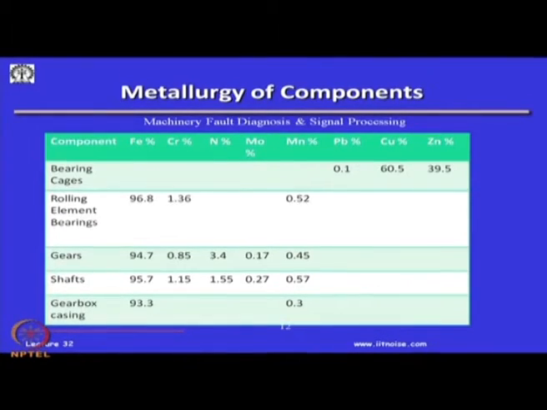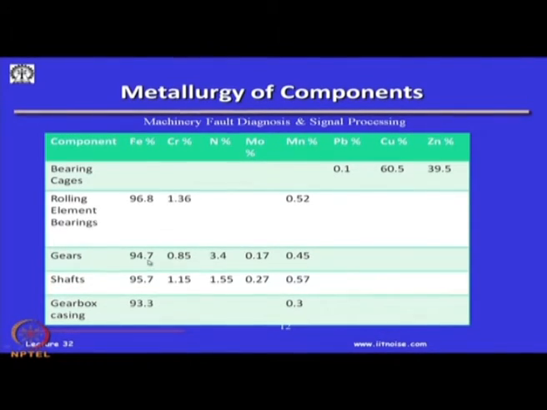So, you give me a piece of iron, it is not 100% iron. It may be iron coming out of gears, maybe there is chromium, there is nitrogen, high nitrogen because of the case carburizing or nitriding. The gear surfaces are hard because of the initial high levels of nitrogen. So, suddenly in your contaminants, if you see a high level of nitrogen, you will know my gear is wearing out faster than it should. If I see high amounts of zinc, I can know it is these bearings which are wearing out faster. So, these kinds of clues give us an indication as to where these materials have come from.